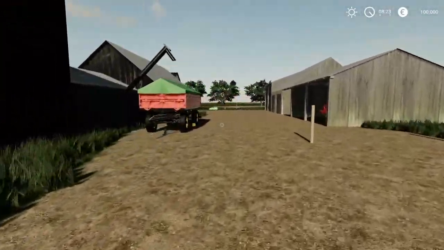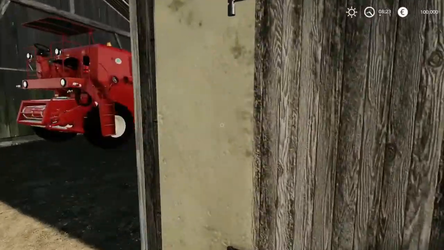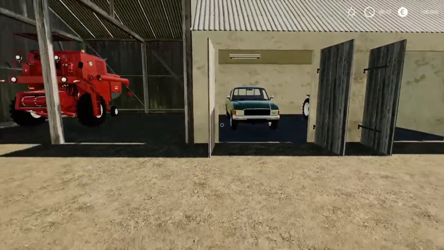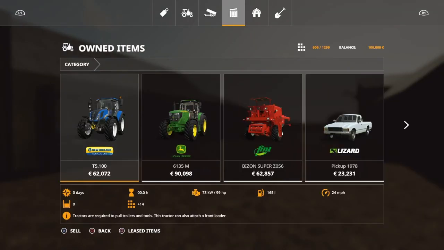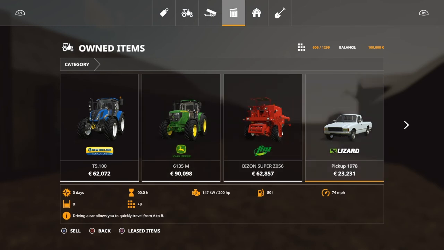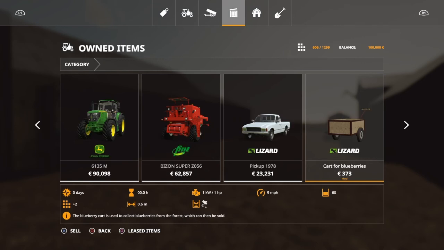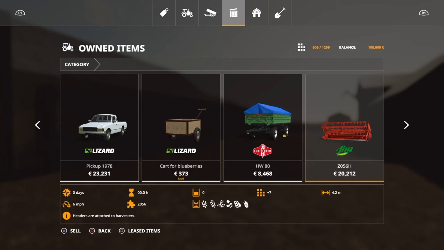Alright, you can see some of the machinery that we start with. Get all the buildings for the sheds open here, so you can see what we've got. Alright, so what do you start with? Go into the garage. You have a New Holland T5 100, a John Deere 6135M, the Bison Super, the 1978 pickup, the cart for the blueberries, a Fortschritt HW80 trailer, header for the